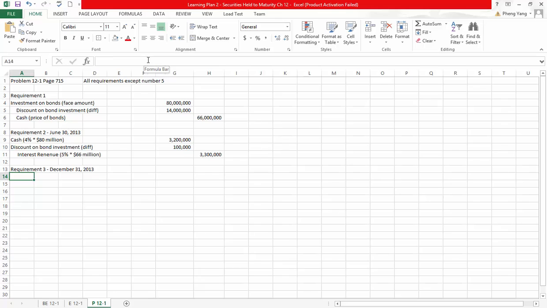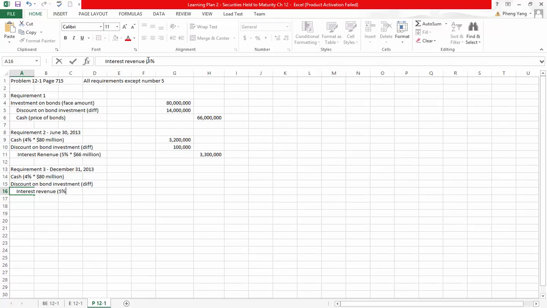Once again, we will be debiting cash for the 4% times the 80 million. We will debit the discount on bond investment, which is our difference. And then we will be crediting interest revenue